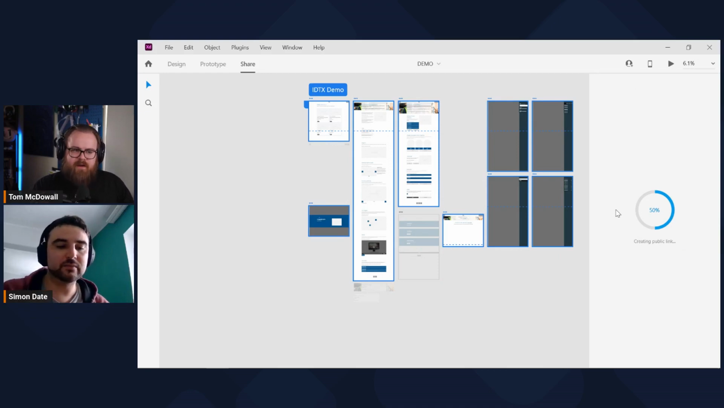Brilliant. What were you going to say, Tom? Yeah, I was just going to say, could you explain, when you're exporting from this, obviously you said you're going to export it as a developer. Could you quickly run us through the differences in exporting for a developer versus for someone else from Adobe XD? Sure. So